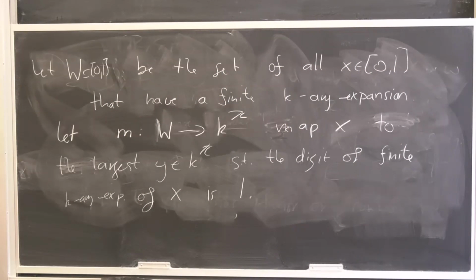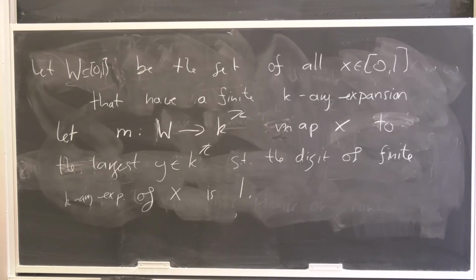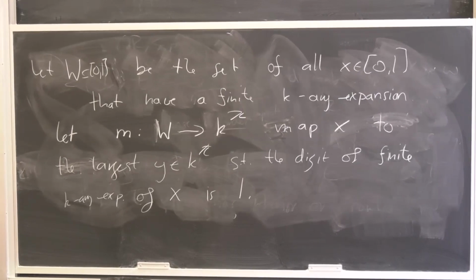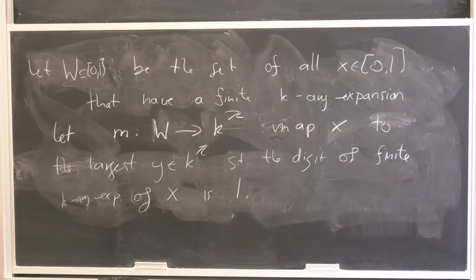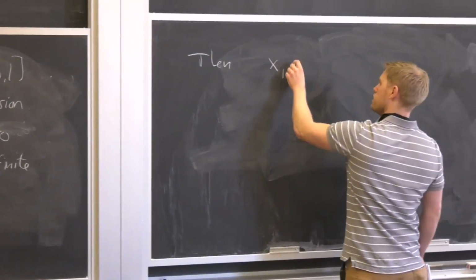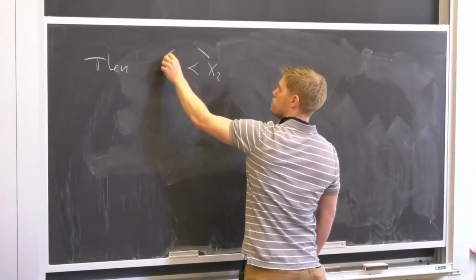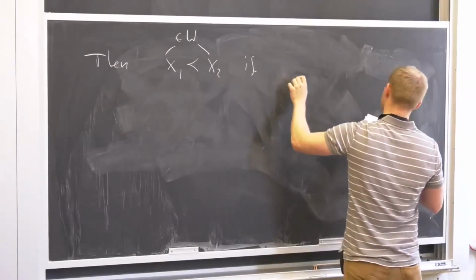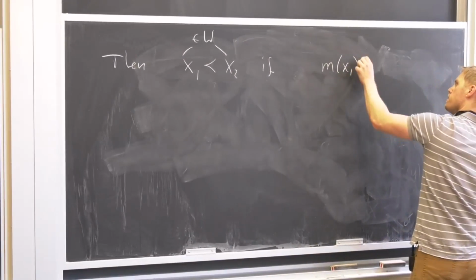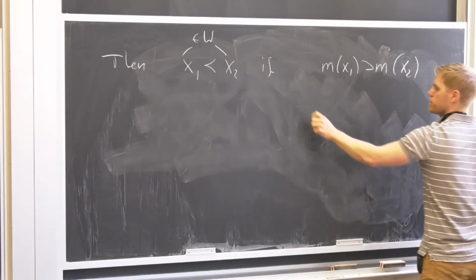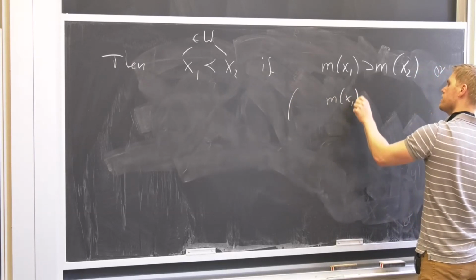Okay, now you can think about how you could possibly use that to do an omega order, and you do it, not surprisingly, in exactly the same way that you did it for the Cantor set. You say then x1 < x2, where these two live in W, if either mx1 is larger than mx2, or then we do the same thing. If they're equal, then we order them using